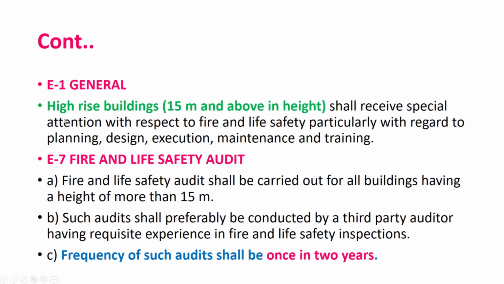Where a building is altered, the code applies to the whole building, whether existing or new, except that the code applies only to a part if that part is completely self-contained with respect to the facilities. That means the remaining building should be self-contained with all the provisions of NBC in case it is required to be altered.